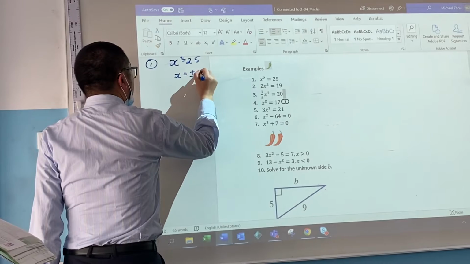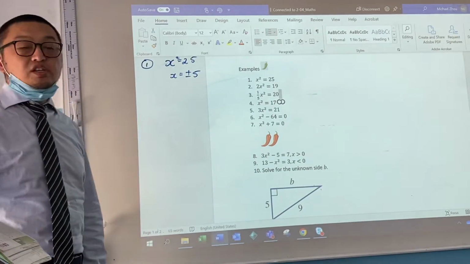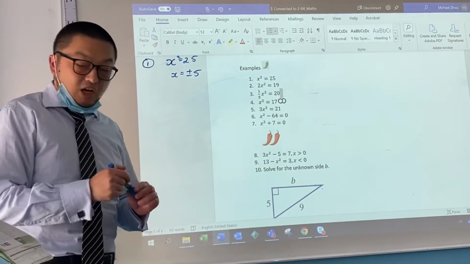Square root is 5. This one is quick and nice and easy. You can just write like that. Now, I'm going to